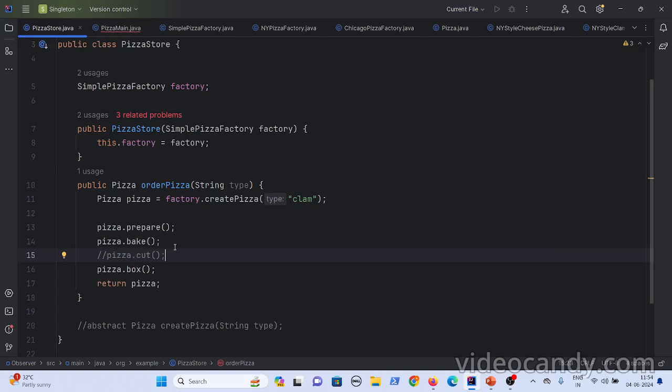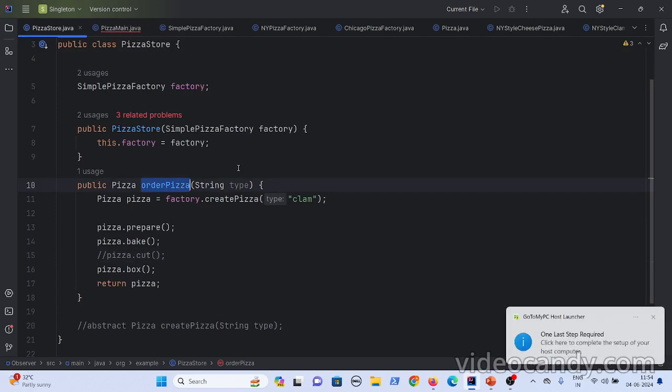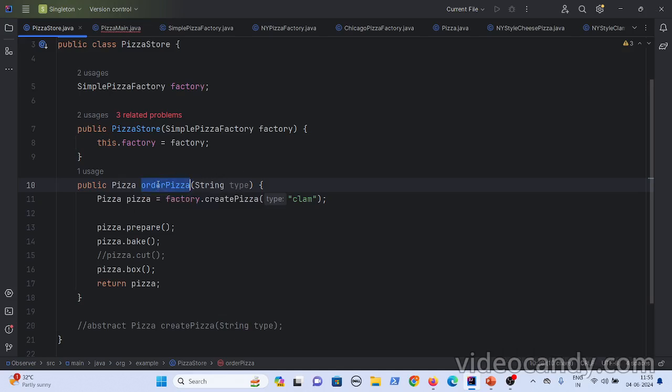So to avoid that, let's put this as a common process, but let's also give the factory the ability to implement its own implementation of the order pizza method.